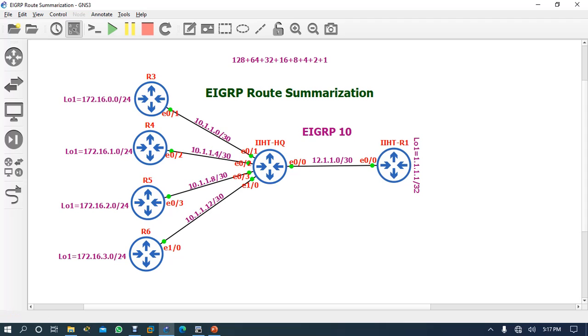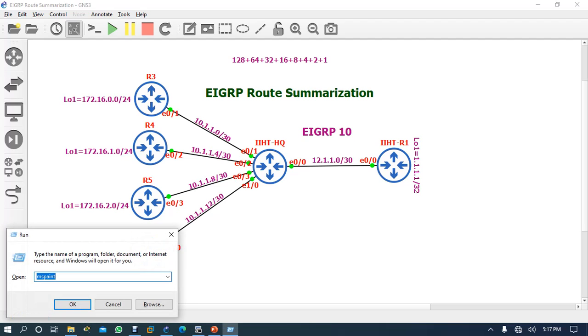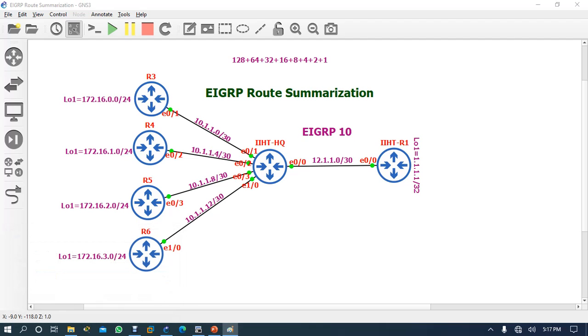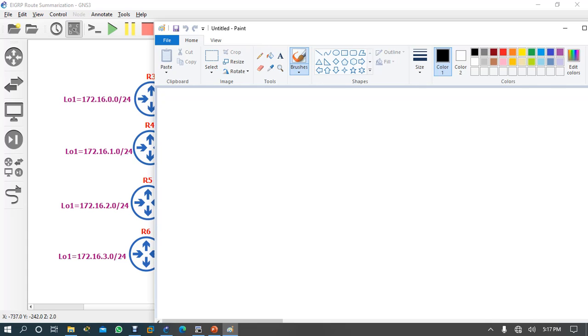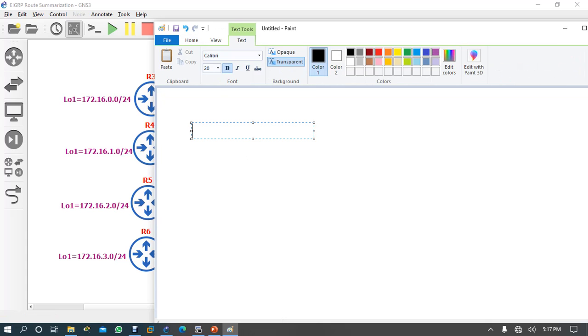Okay, if you forget the route calculation, I can show you how to work out the EIGRP route calculation. Suppose we have these 4 routes, so let's come here, I'll show you how to do the route calculation.